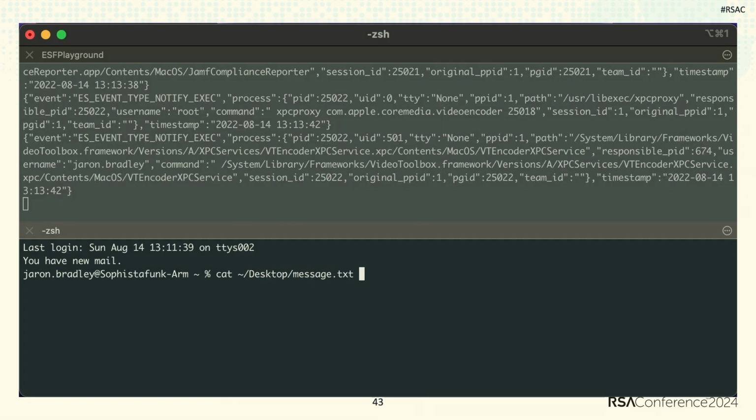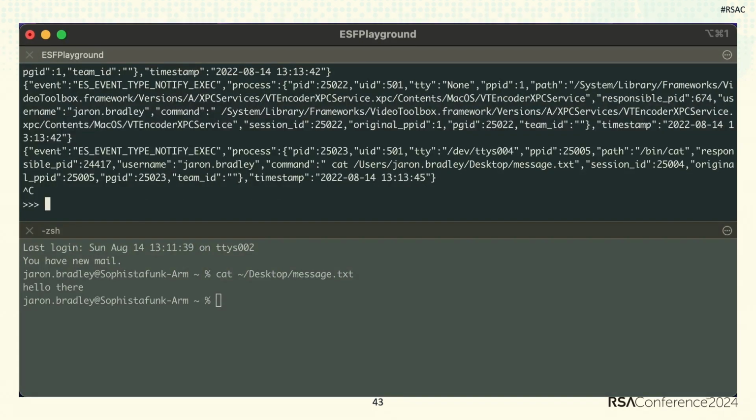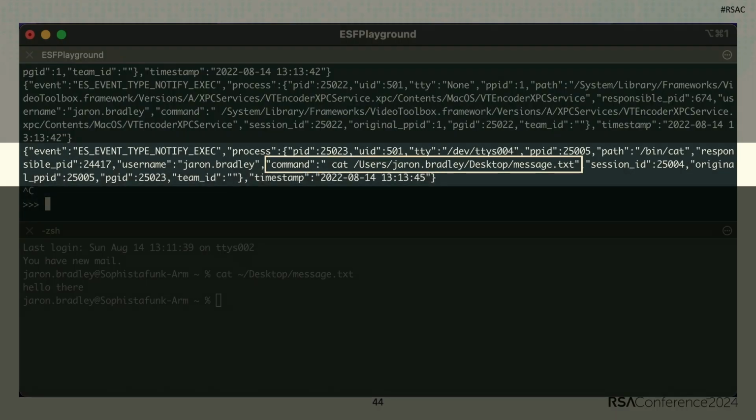So watch what happens if we're monitoring processes on the system in real time and we run this cat command. Take a look at what happens here. Basically, we can see the exec event for the cat command executing. We see that it has a process ID of 25023. And we see that its responsible PID value is that of 24417.